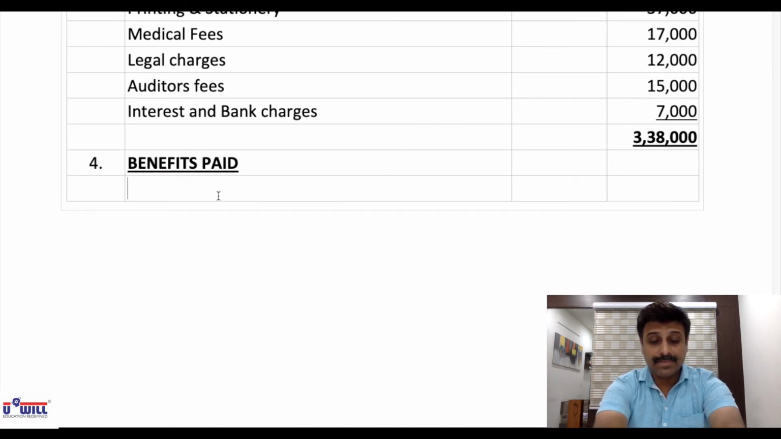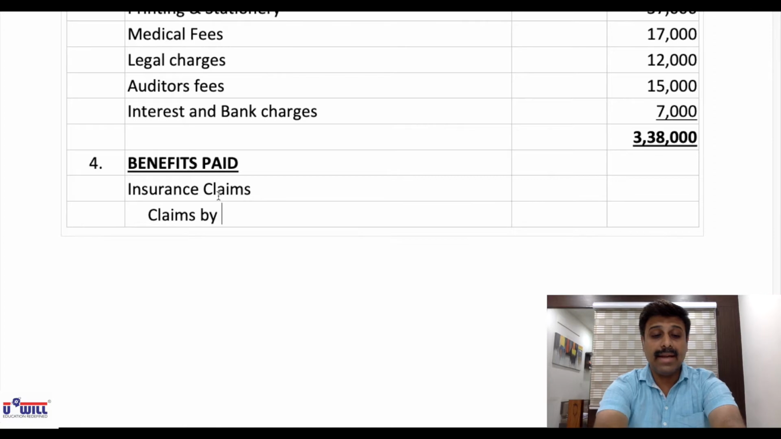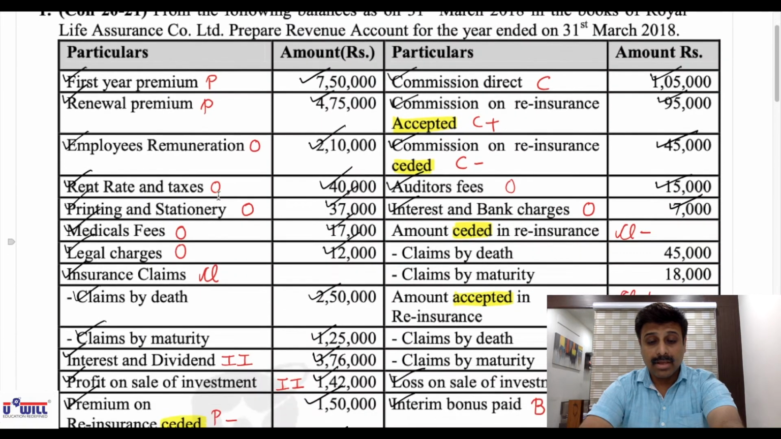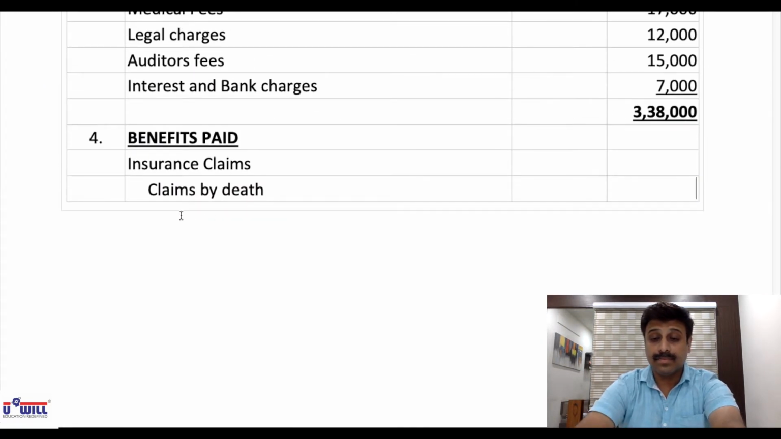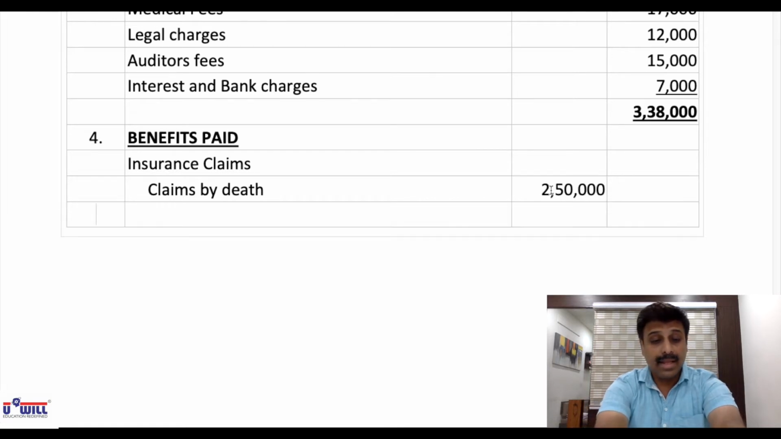Insurance claims, in that claims by death 2,50,000 and claims by maturity 1,25,000. So total claims would be